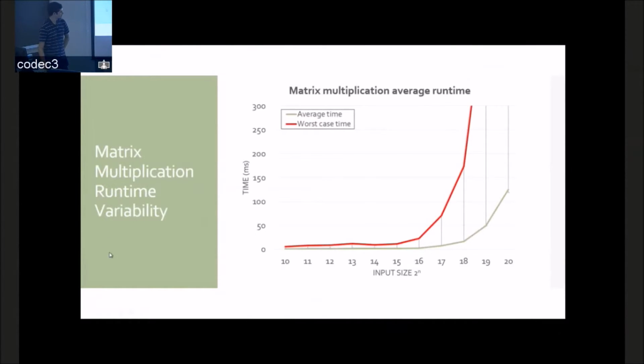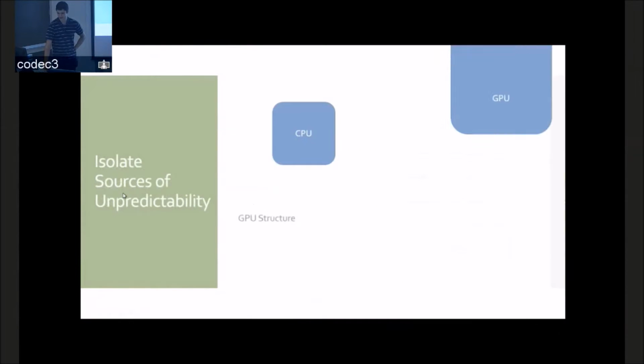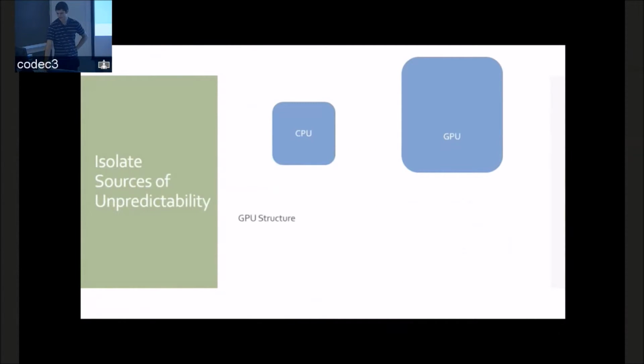And we don't like these really huge error bars, because if our target is 33.3 milliseconds, some inputs might be this big, and we just can't use them on our system because the worst case time is too big. So we want to lower the worst case time to the average time, and we need to look at what's causing the worst case time to be so big. In our system,